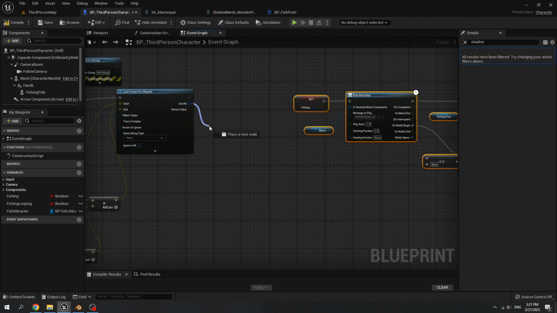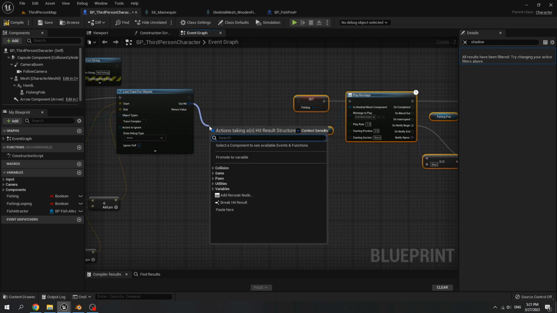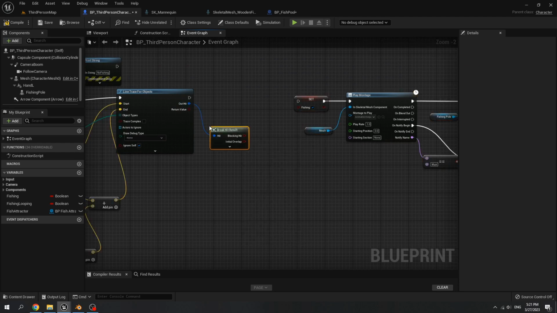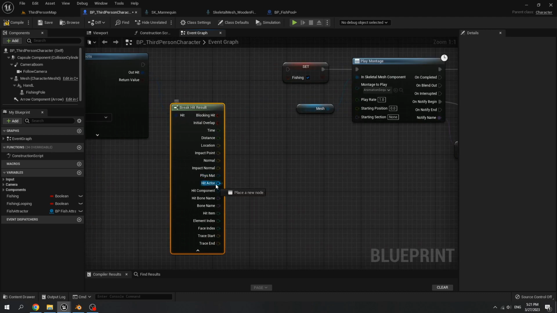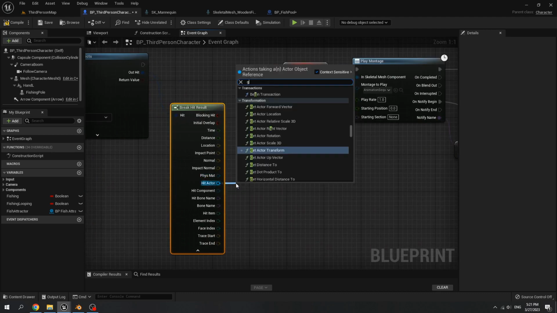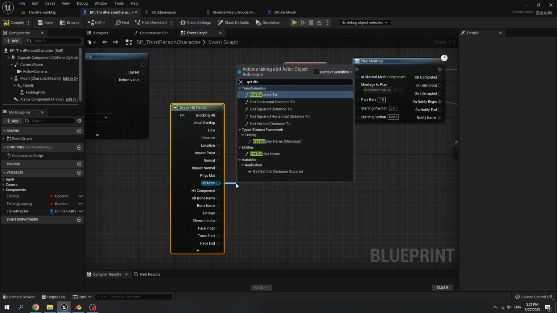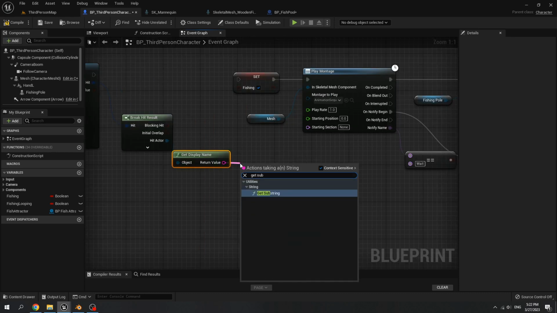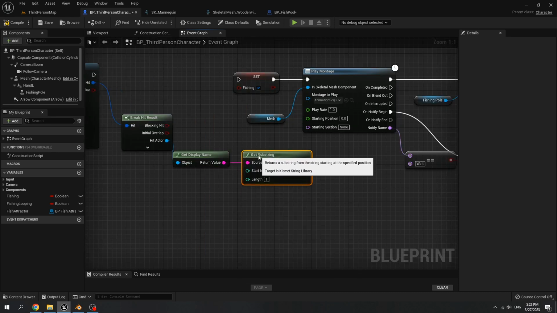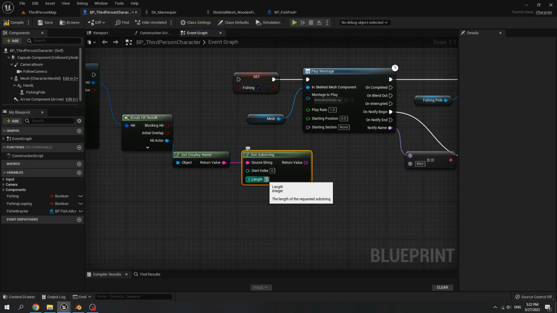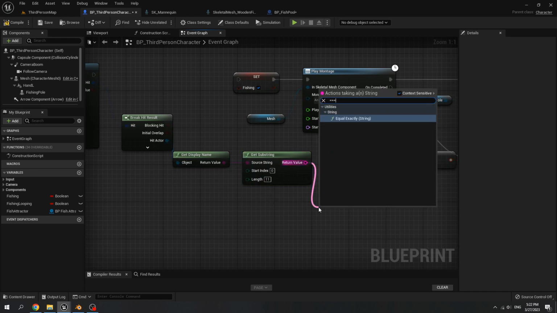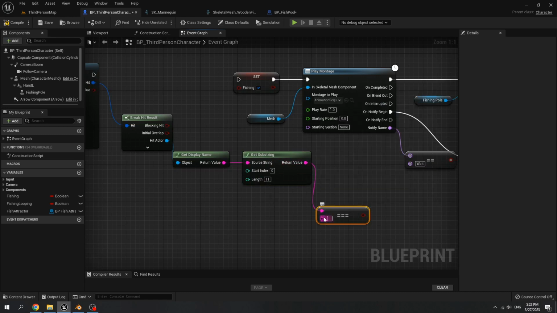For our hit result, break the hit result, get hit actor and get display name, then get substring, start index is 0 and length is 11. Check if it equals exactly BP fish pool.